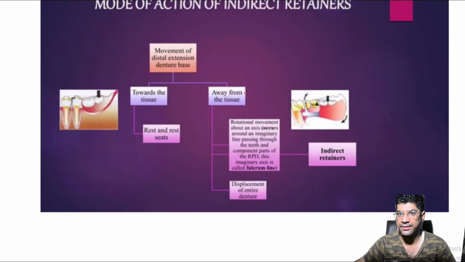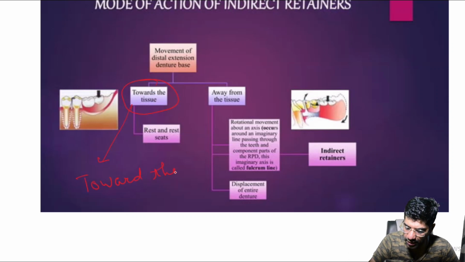Now let us discuss the movements. The first movement is the movement of the distal extension base. The first is movement toward the tissue. So let us discuss the different types of movement that can affect removable partial denture and how we can counteract them. First, there is movement toward the